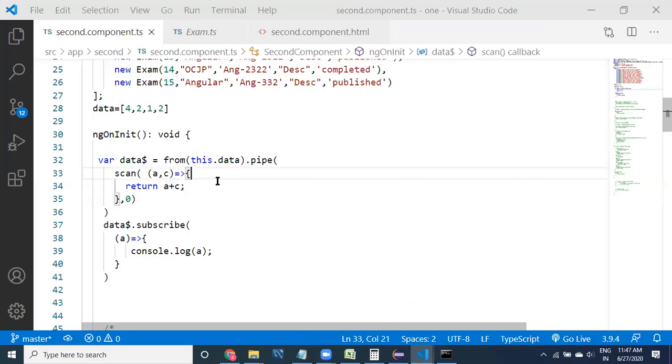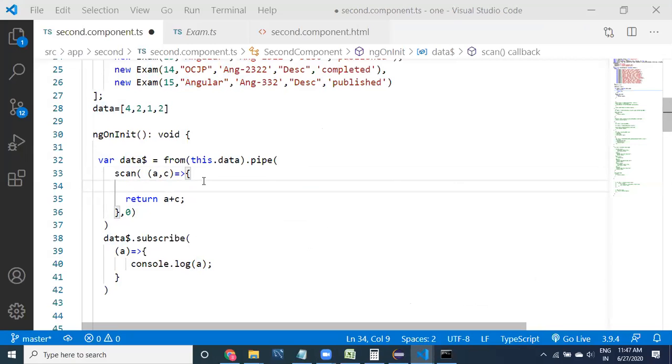Just print to the console. What value is it going to come with the first time? Yeah, what is the greatest value? Let me tell you the greatest value first.